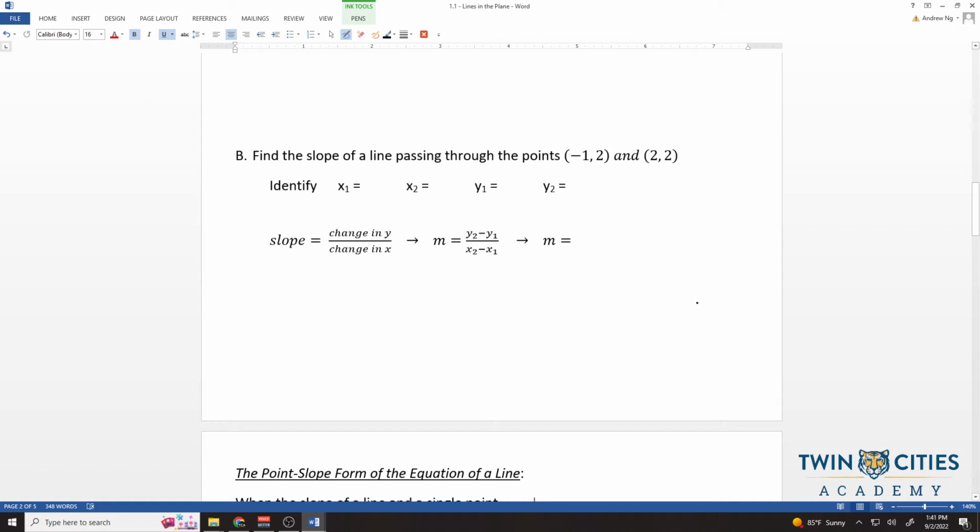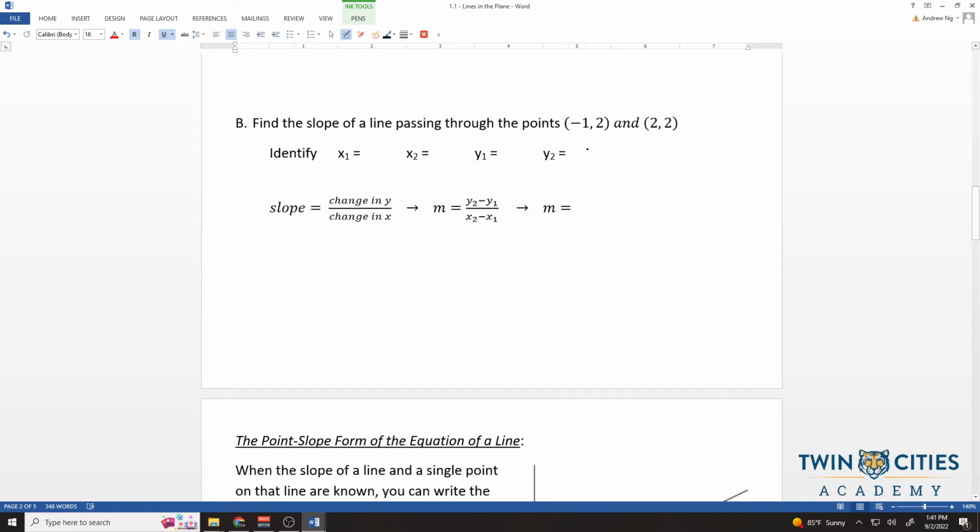Example B. Find the slope of a line passing through these 2 points now. So again, for simplicity's sake, we'll call this point 1, x1, y1. And this is point 2, x2, y2. That makes x1 -1, x2 is 2, and y1 and y2 are actually both 2. The slope is your change in y over the change in x, so y2 minus y1 would be 2 minus 2